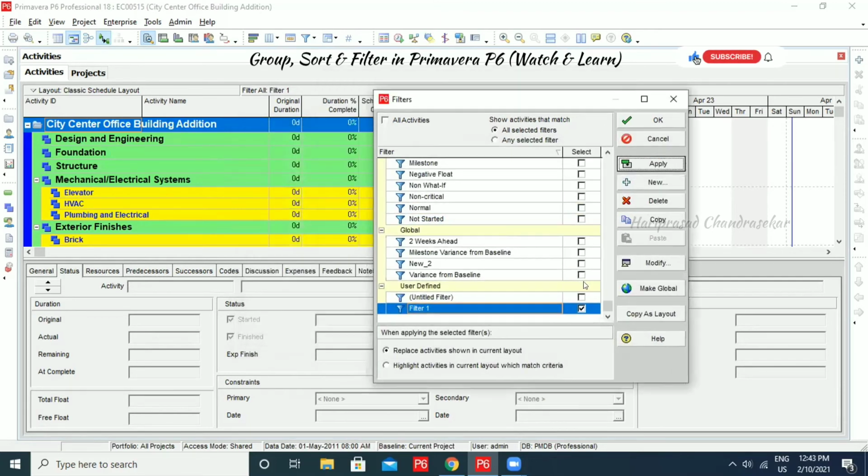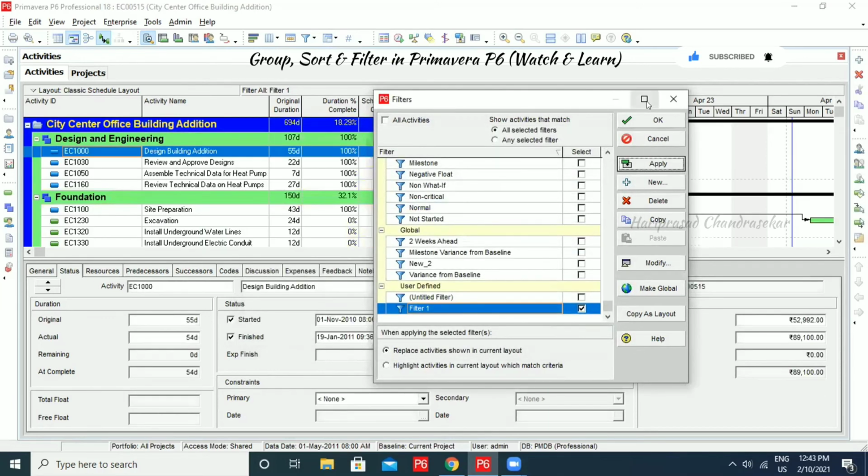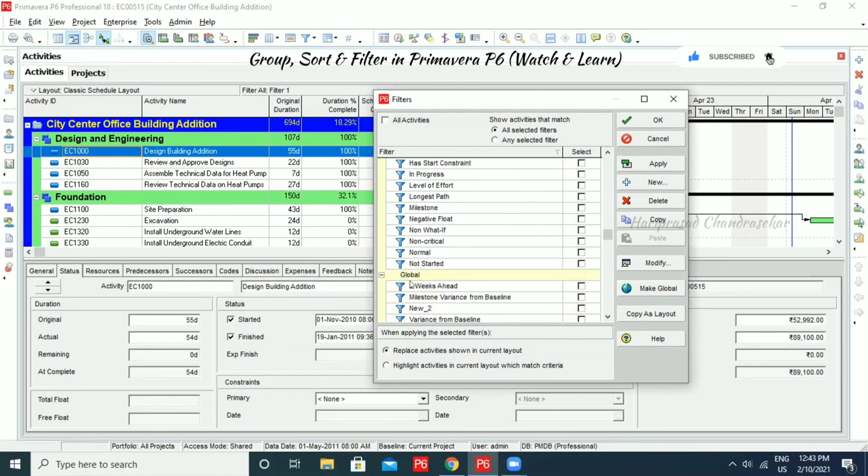Even then it won't have anything, but it might be having only the task dependent, right? So task dependent, I'm clicking OK and then apply, it will show everything, because everything has task dependent activities. And if you want to make user defined to global, you click, then it will go to the global. So see here it will go.